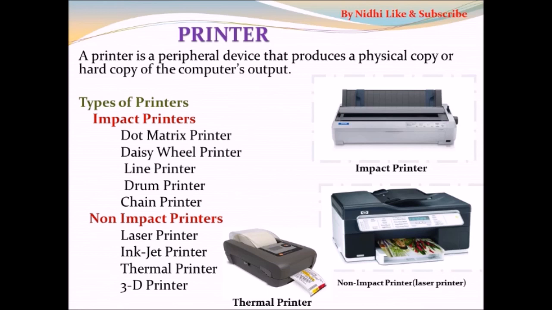And next is thermal printer. These thermal printers use a special heat sensitive paper. Characters are formed when the heat elements come in contact with the heat sensitive paper, thus forming darkened dots. The standard of print produced is poor in the thermal printer, but thermal printers are widely used in battery powered equipment such as portable calculators, or whenever we swipe a card, the printed slip that we get is with the help of thermal printers.